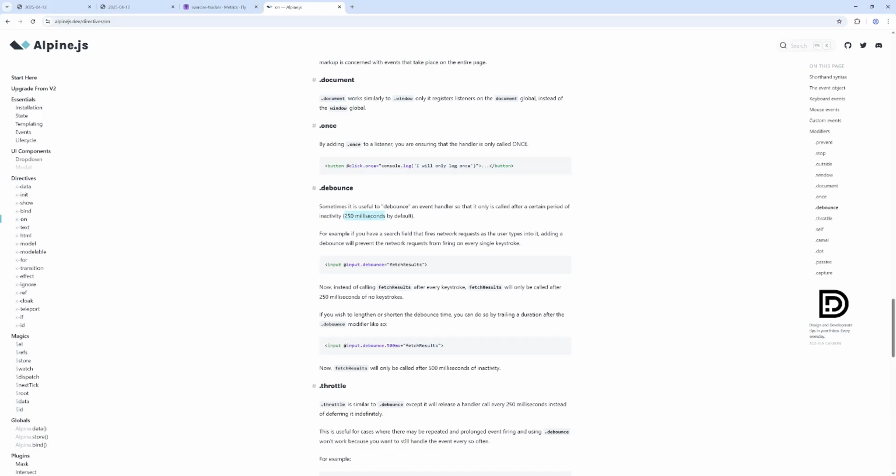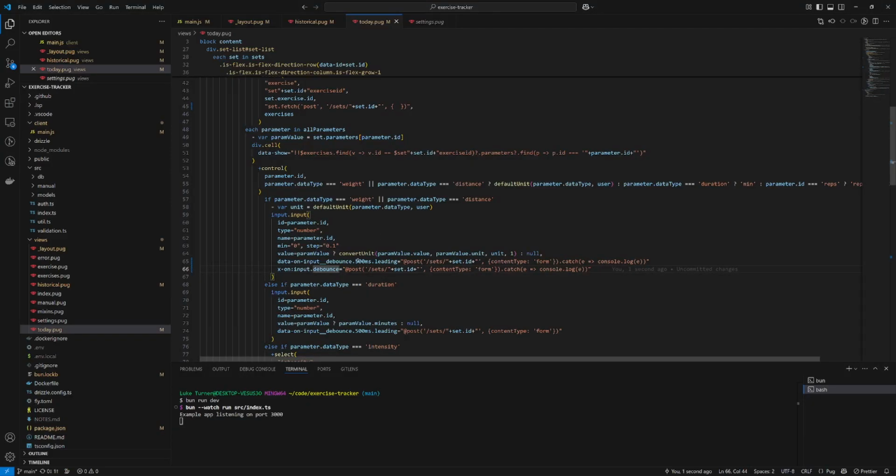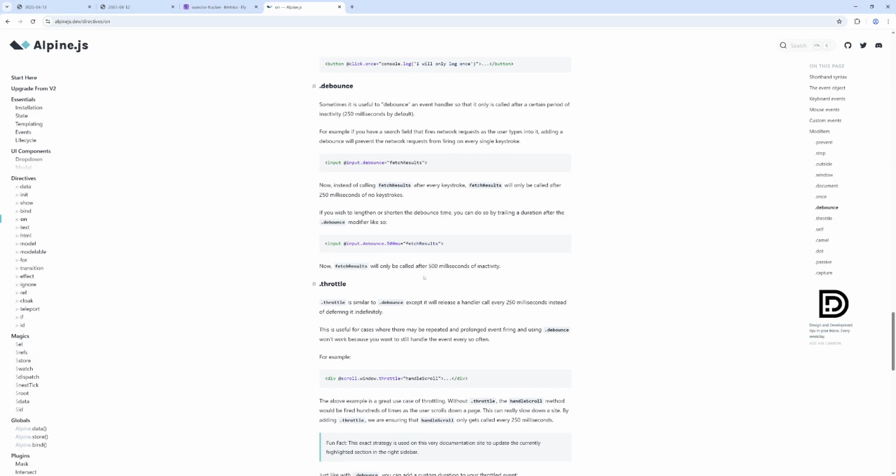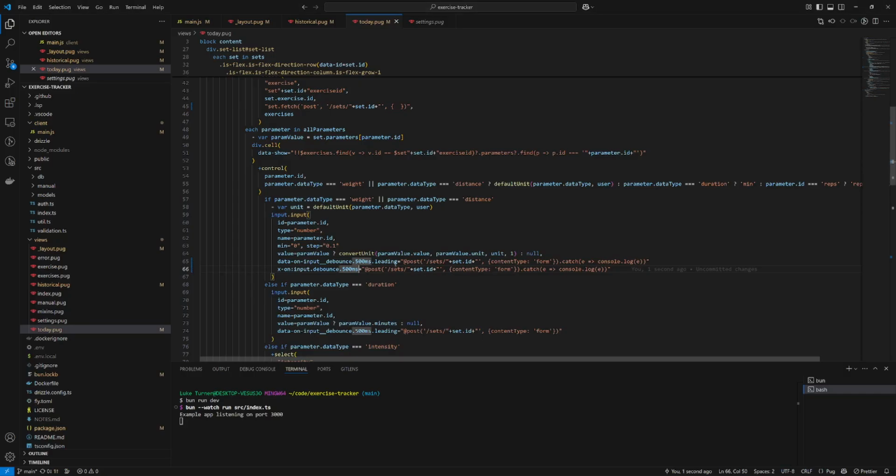And 250 milliseconds by default seems fine. But previously I had it at 500, so I'm going to keep going with that. Dot debounce dot 500 milliseconds. Okay. And what we're going to do here is use that set.fetch. And it's going to do a post to the sets with the set ID. And it's going to have